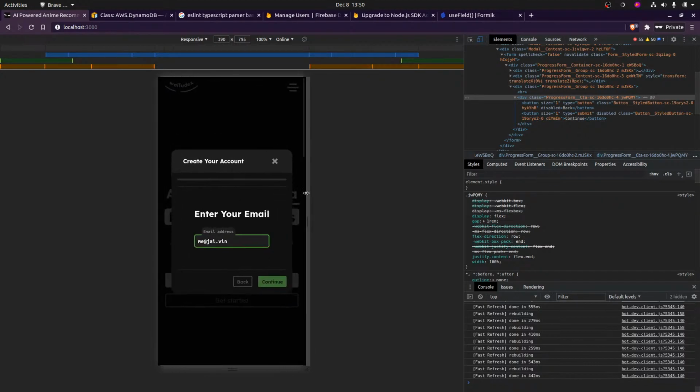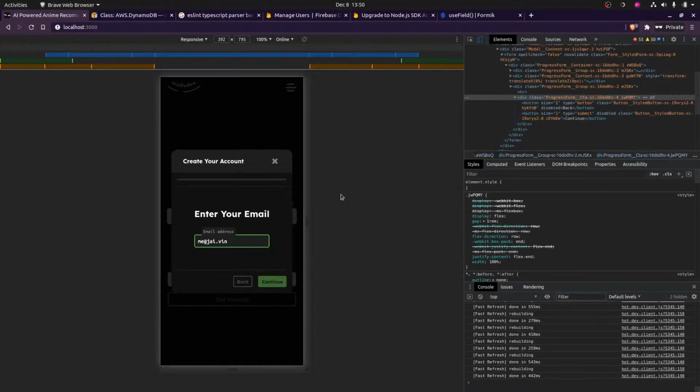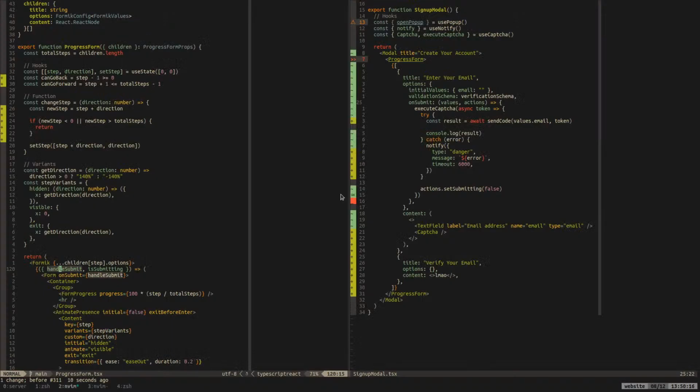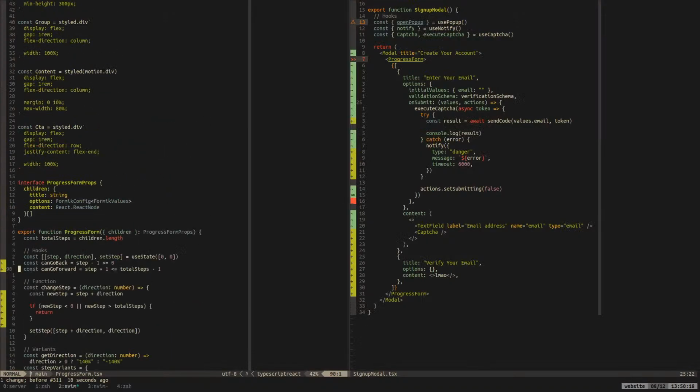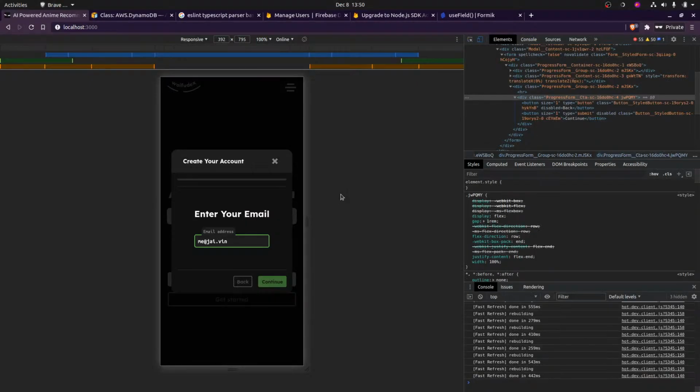It just clips off, which is bad. Okay, so we've got to do something about it.